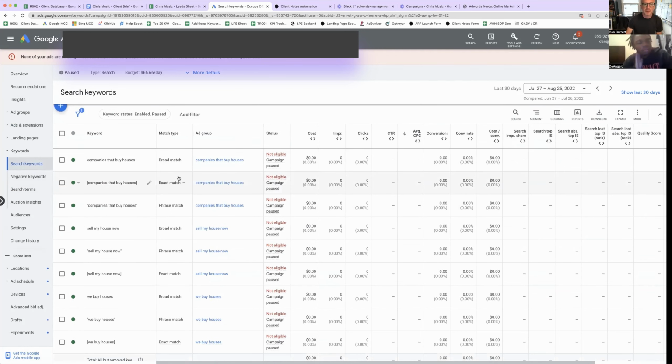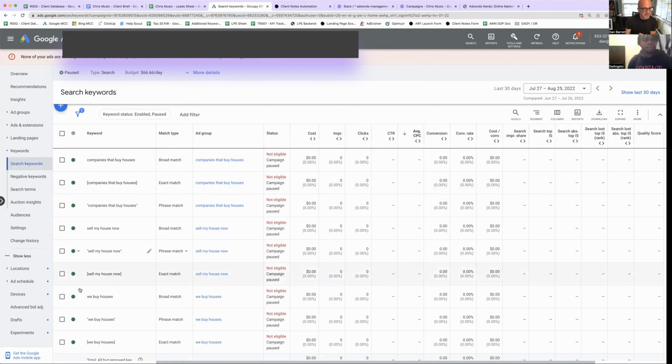Now, the thing to understand about a keyword, and this is really the key thing to understand about this, is that a keyword is not the same thing that somebody types in. That is called a search query or a search term, because everything's got to be annoying and it's got to have a complicated name. A keyword is what you tell Google that you want, and how you type in the keyword affects what they match you up with.